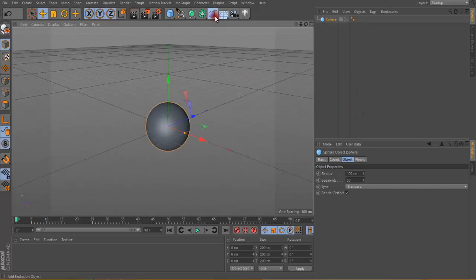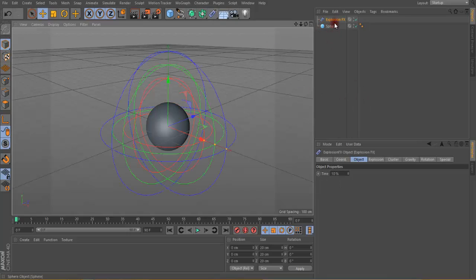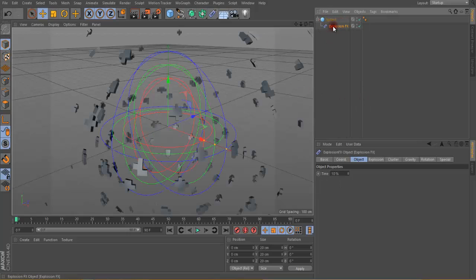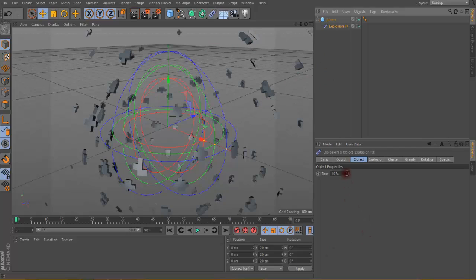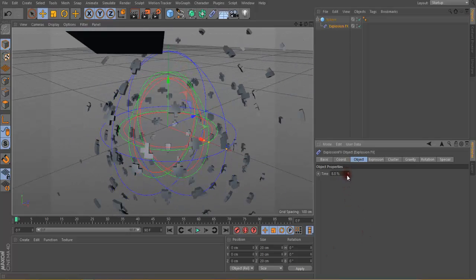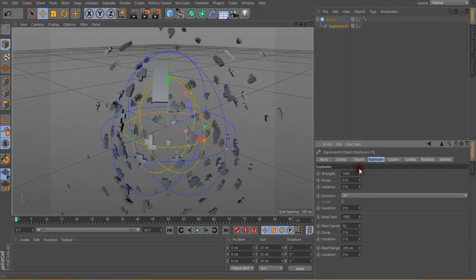Next one is explosion effects, which is an advanced part of this explosion. I click on this explosion effects. I drag this explosion effects on this sphere. You can see it works the same as an explosion, but has a little bit different or advanced parameters. You can change the timing of it, the parameters of explosion by using the explosion options, a strength of explosion,